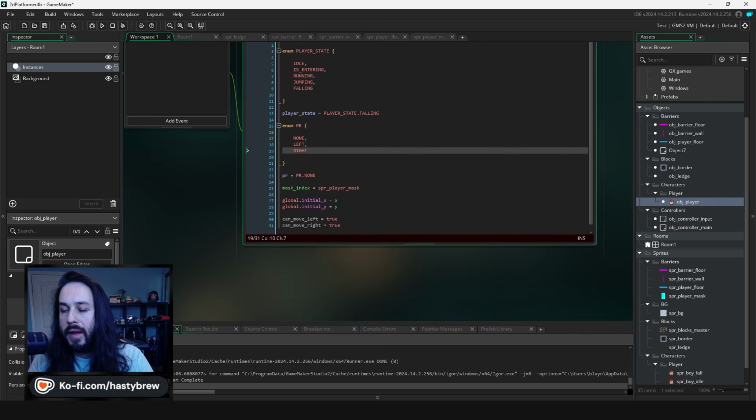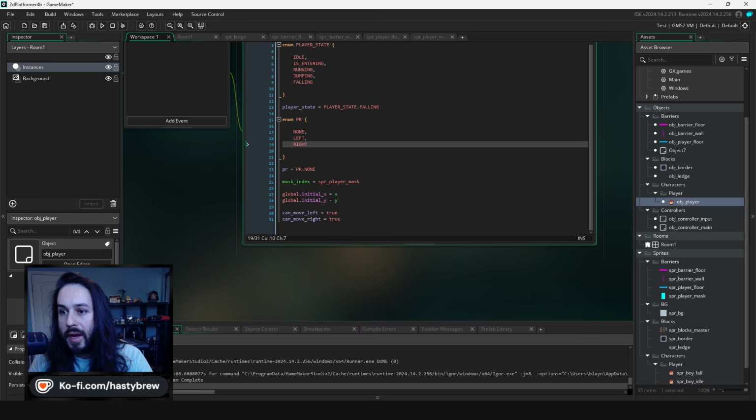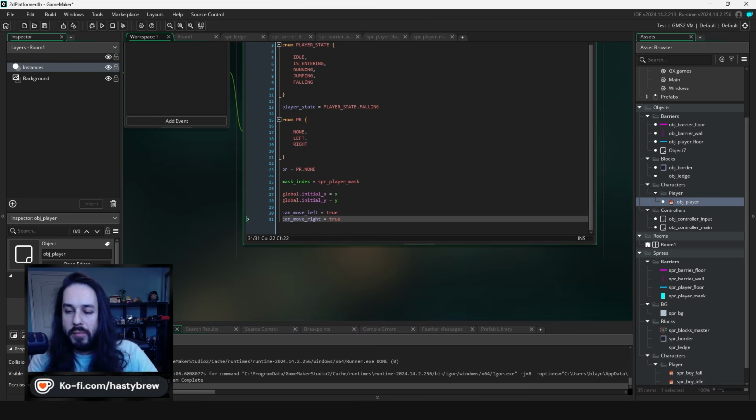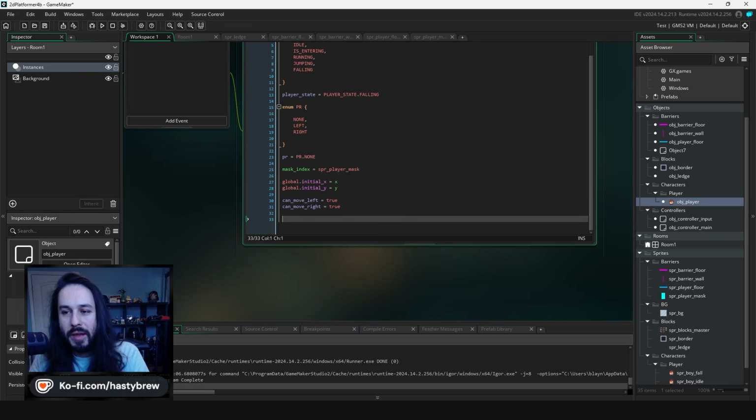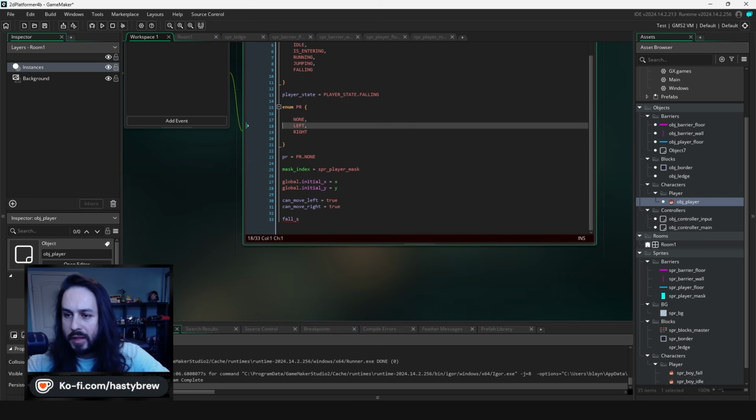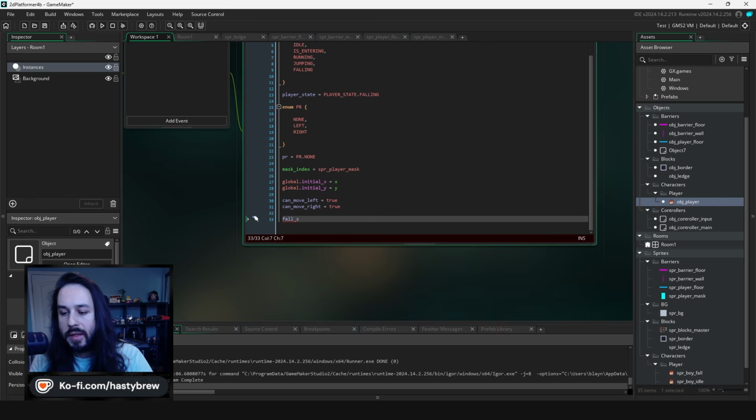So we have an enum here which controls direction, but also the player can either move left or right depending on if they're touching objects, right? So we're going to limit their ability to move, and it makes a cleaner result. It allows them to bump into objects and stop, but then move the other way. You can still jump and move left and right and all of that. So we have an enum to control the actual direction, and then booleans to control